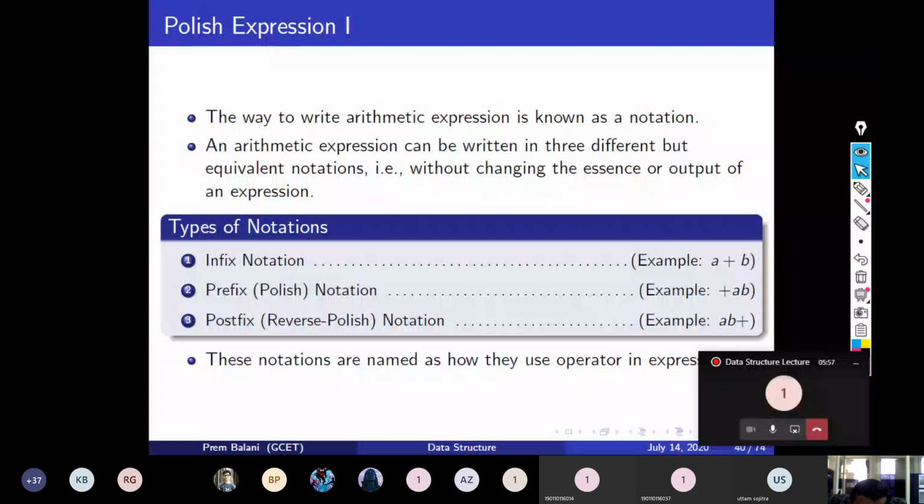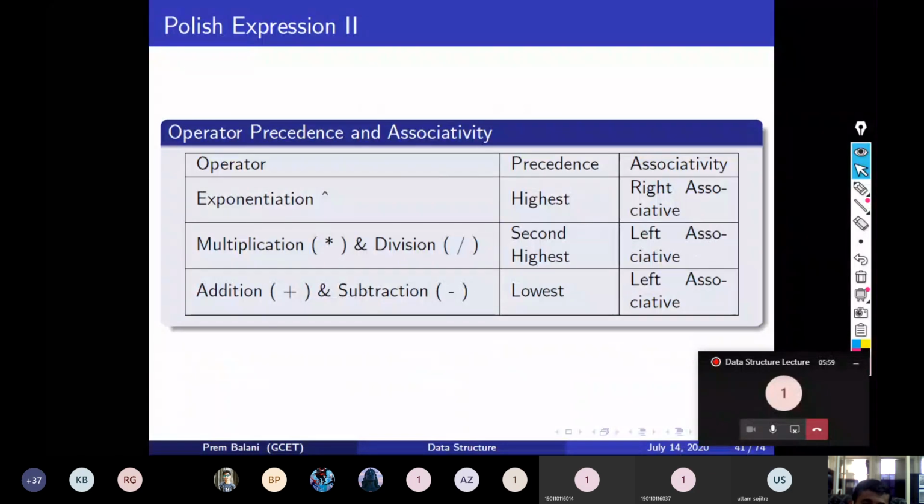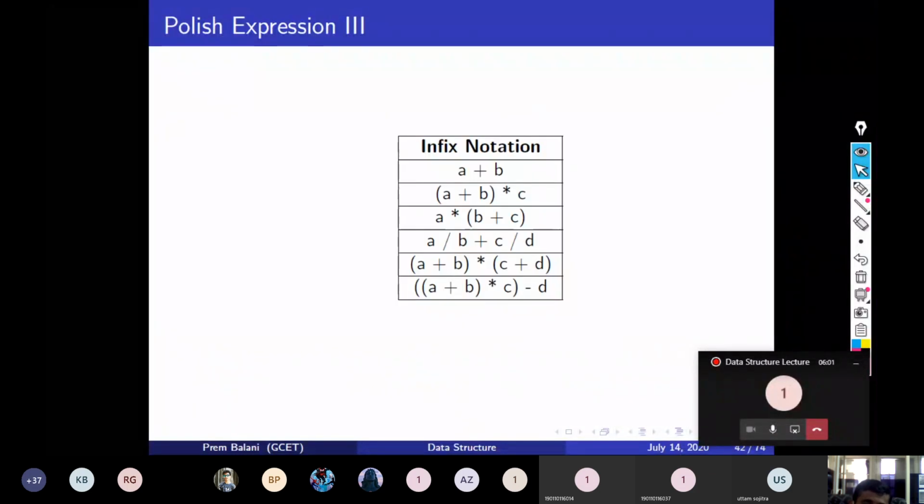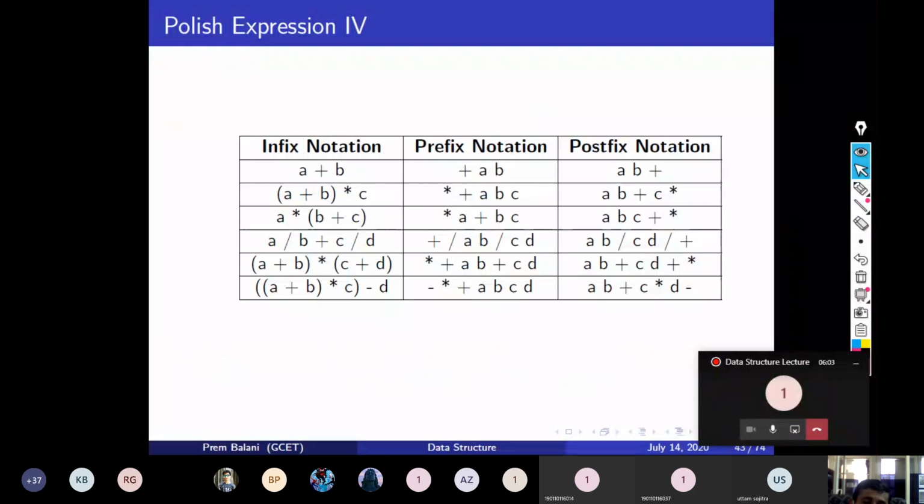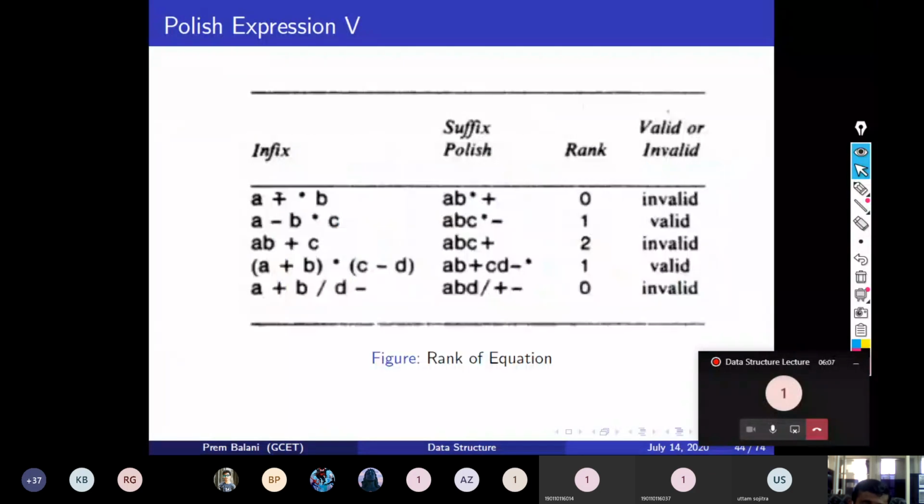We have seen how we can convert infix to postfix and prefix notations, and we also defined the rank. The rank tells us whether the arithmetic expression is valid or not.